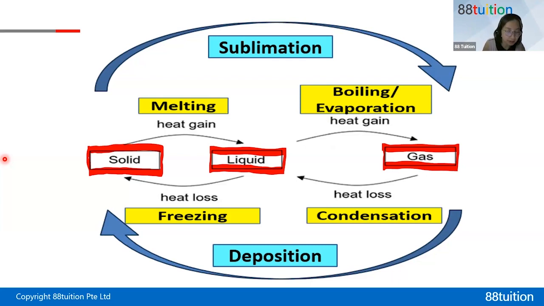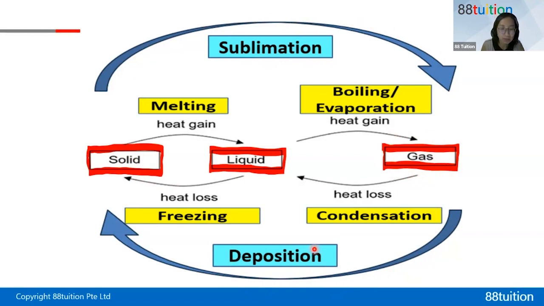So for carbon dioxide, if it's a solid state, I call it dry ice because it looks like ice. And because from solid carbon dioxide, it will not become liquid carbon dioxide. Instead, from solid carbon dioxide, it will jump straight away to become carbon dioxide gas. And that process is sublimation. So solid to gas directly. Then if you want to go back from gas, change back to solid, that's deposition.